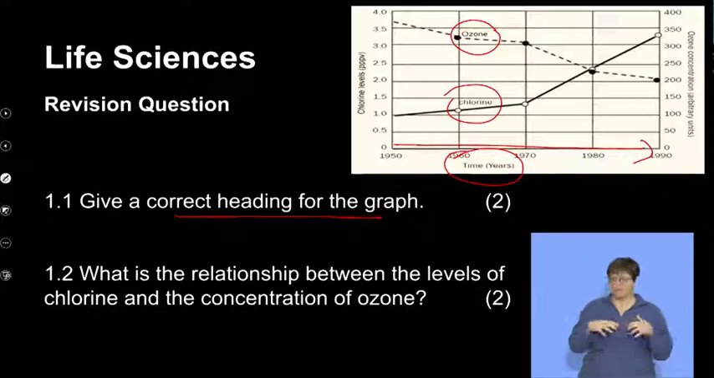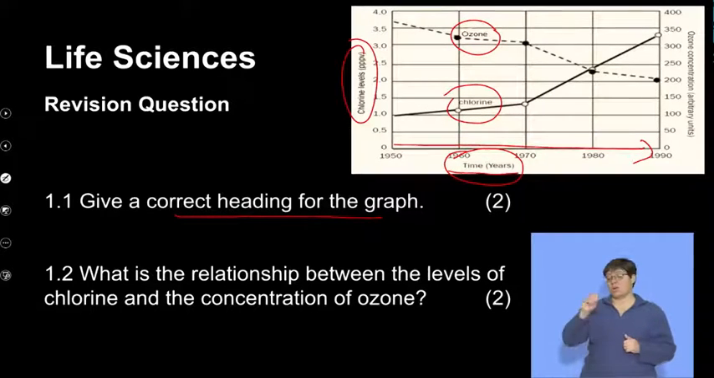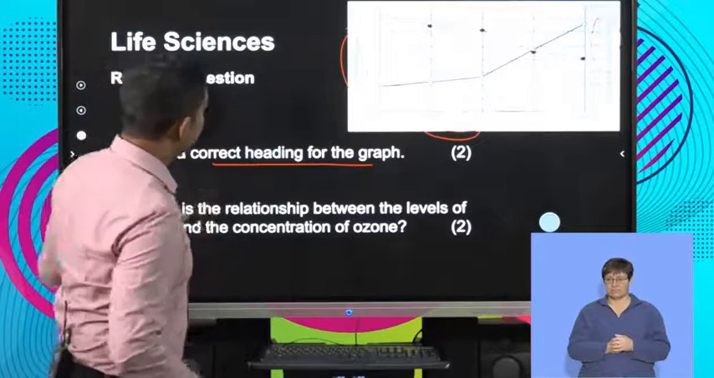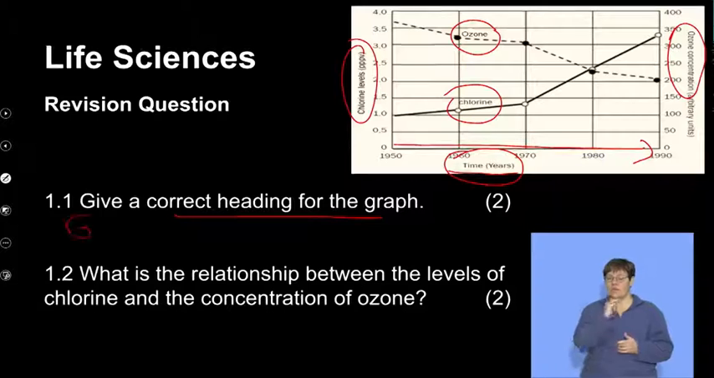As I mentioned, we're identifying that the independent variable is the time period, and the dependent variables are the chlorine levels as well as the ozone concentration. So how do we string that together into a decent heading? Now, I would use, so it'll be a graph showing, let me just write that down for you guys. So it'll be a graph showing